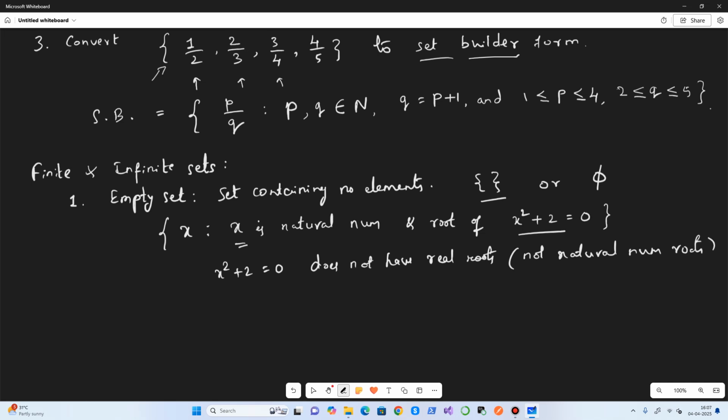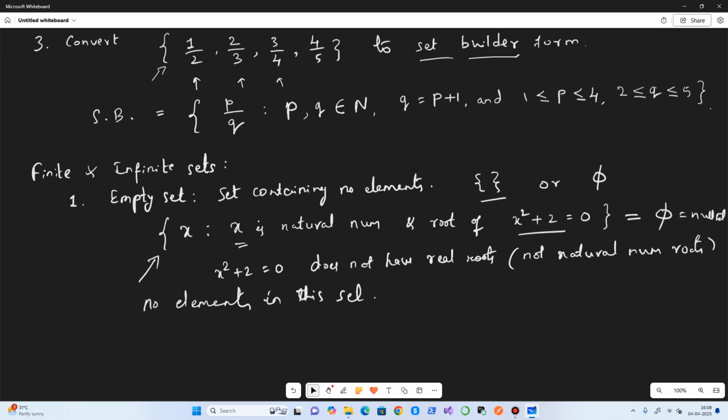But we have been told that it is a natural number, so whatever set builder form we have been given, there are no elements in this set. Hence we say this is equal to the null set. This is how we define that.